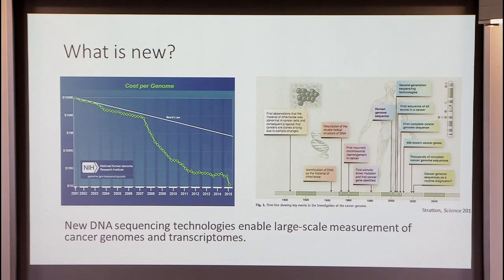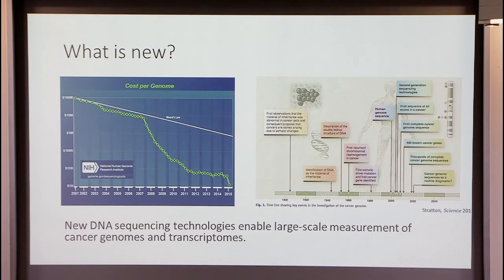So what's new? What's new is that we can start to quantify this process, and we can do this especially at the DNA level due to new DNA sequencing technologies, which we've heard about, right? So we can sequence genomes much more readily, which means we can measure somatic mutations much more readily. We can use these technologies to measure RNA and gene expression and characterize other molecular changes. And the field's just exploded. The first cancer genome was sequenced in 2008, which is right around the inflection point of this curve. And since then, tens of thousands of cancer genomes have been sequenced.